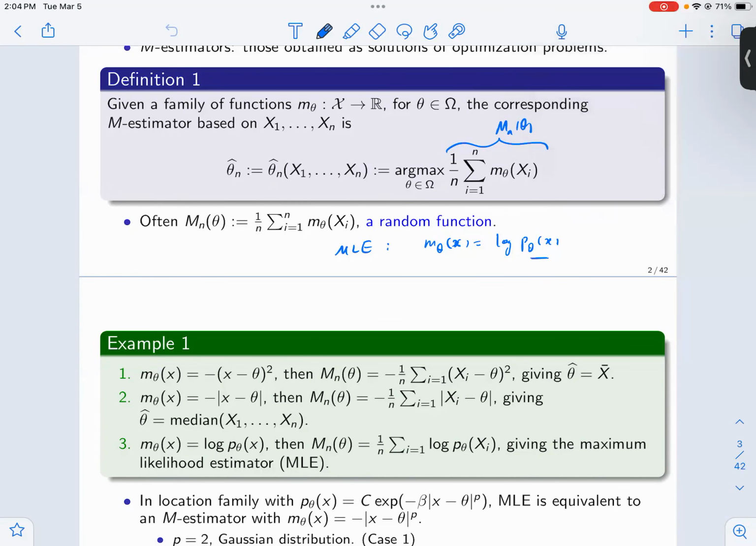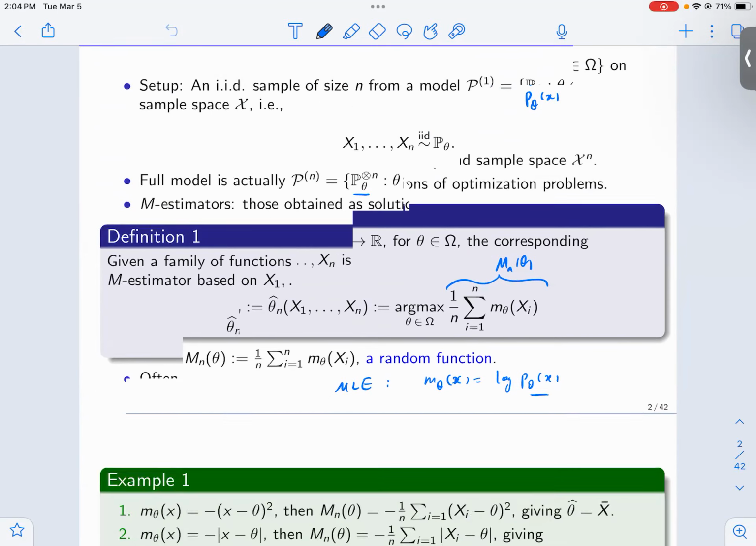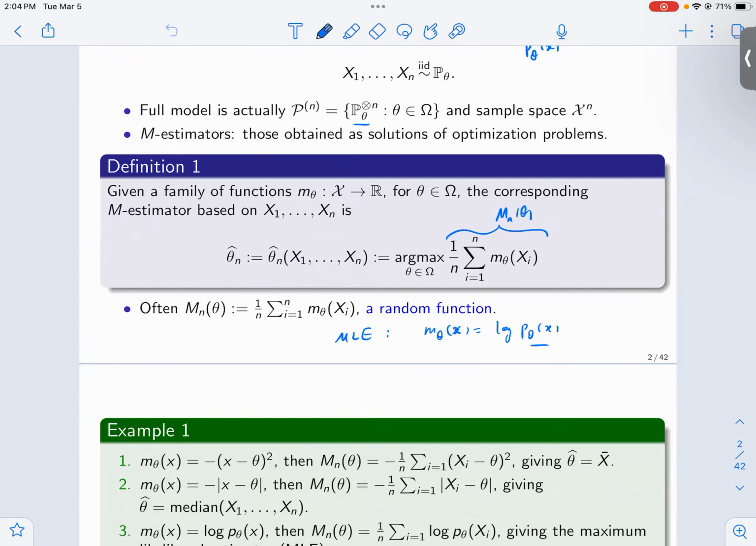Okay, so we were discussing M estimators and asymptotic properties of M estimators. To remind you, an M estimator is a solution of an optimization problem like this, where we are assuming that